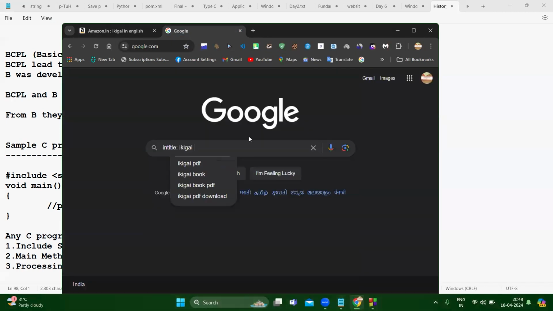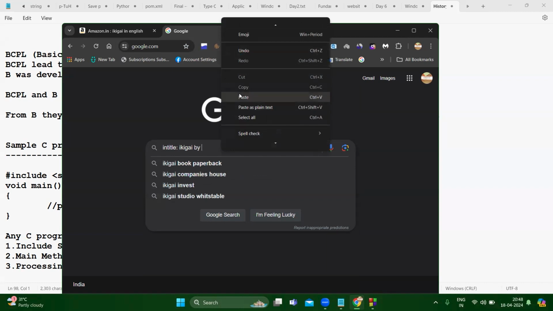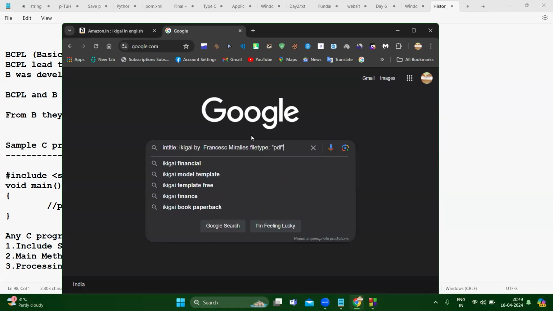We'll just copy that author name. By that author, and after this, filetype colon, and just mention PDF. The output format that you need, you need to mention here. Okay, sir. Now just run the query.